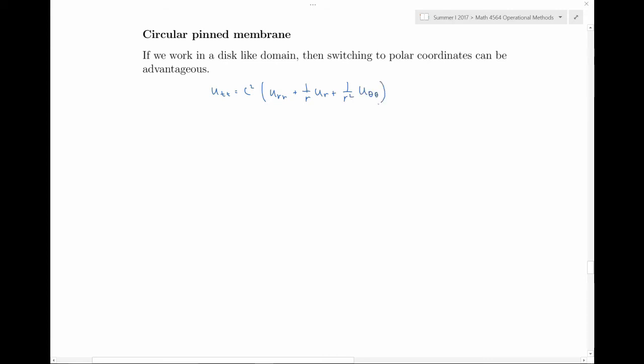We're going to assume that the solution looks like this. It's going to be the summation in terms of m and n of some building block solutions u_mn of r, theta, t, and each u_mn is going to be the product of a function of just r, a function of just theta, and a function of just time. I'm going to assume that the boundary is at 0,